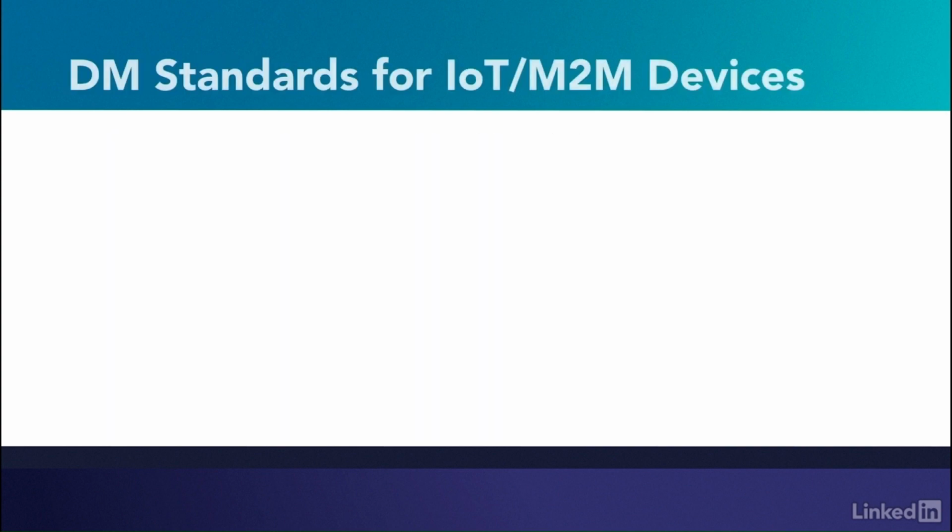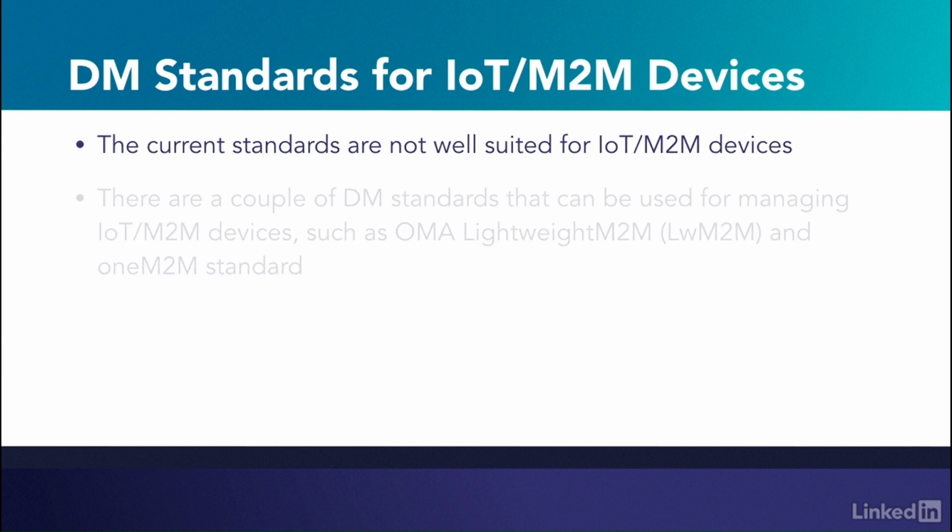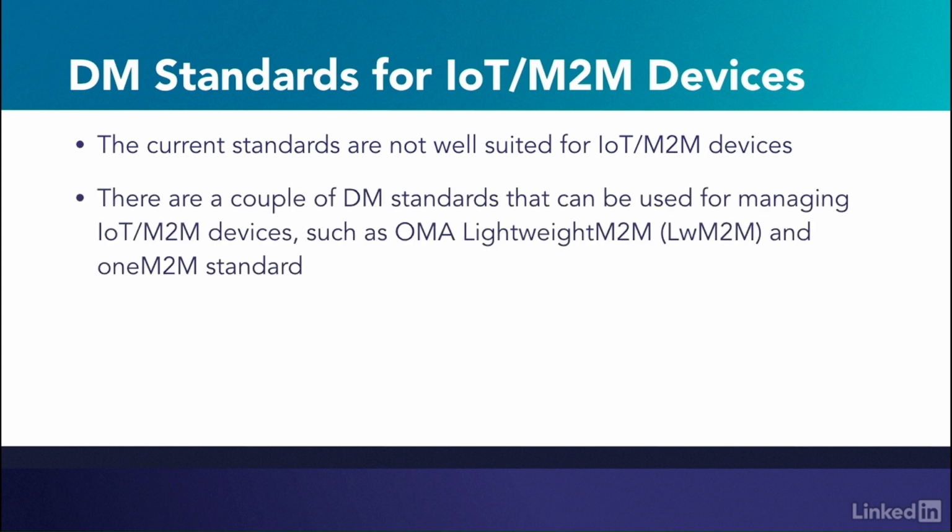We've seen that TR069 and OMA DM have target applications in Internet access devices and mobile devices. Although they may be used in IoT devices, like gateways in general, the features are heavyweight and cannot fit well the broad spectrum of IoT devices. Therefore, there are a couple of DM standards used in IoT or M2M, which are OMA LightweightM2M and M2M standards. They are comparatively new standards. OMA LightweightM